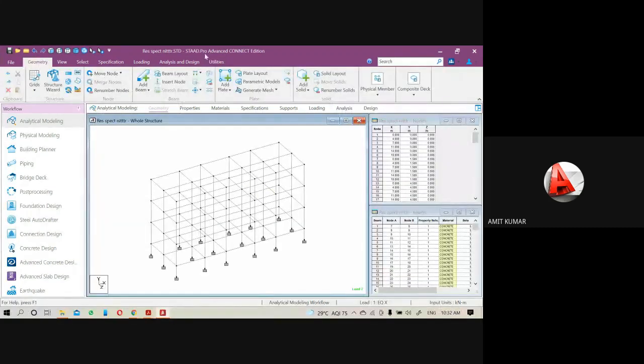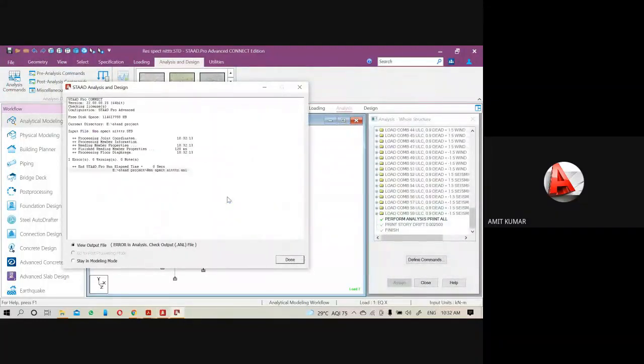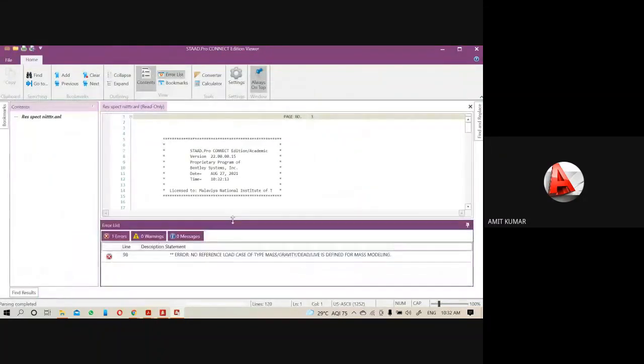Okay, so go to the analysis command and run the analysis. Yeah, still we are seeing one error. This time it says no reference load case of the type mass, gravity, dead load or live load is defined for mass modeling.